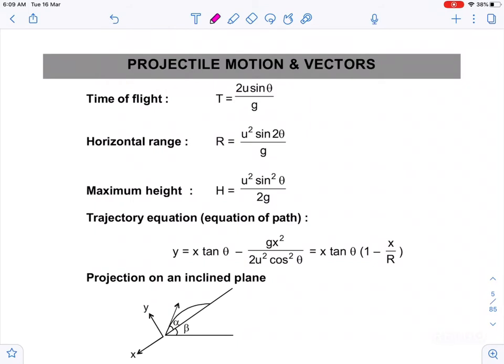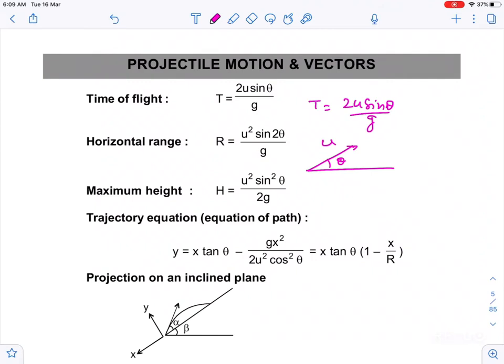They ask some simple questions on projectile. JEE Mains is not totally focusing on the basics of NCERT, so these are not very tough questions that you will see in this session also. T is equal to 2u sine theta by g. Theta is the angle of projection through which the particle is thrown, u is the initial velocity and g is acceleration due to gravity. So 2u sine theta by g is the time of flight.